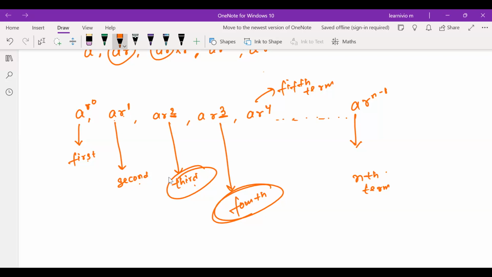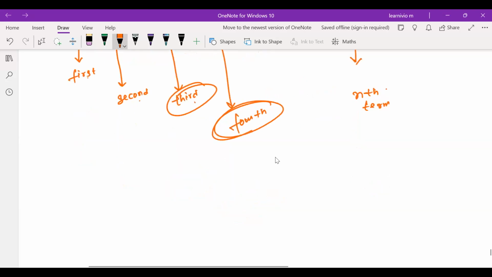From where did we get the generalized format? From the example we got that the first term is a. Next, if the common ratio is r, then the next term we obtain by multiplying a with r. After that, the previous term ar multiplied with one more r became ar square. After that, ar cube, then ar to the power 4. Now we started observing this pattern and we realized that the nth term of GP